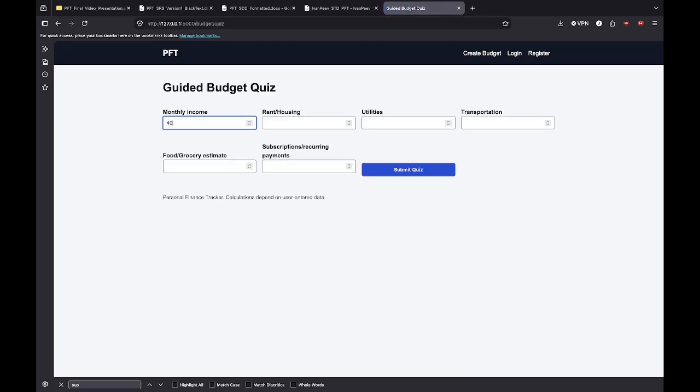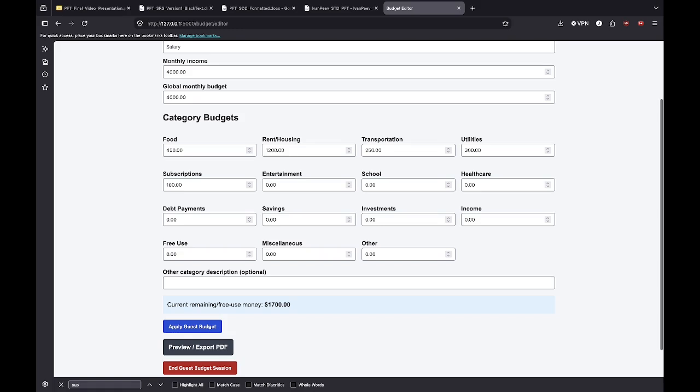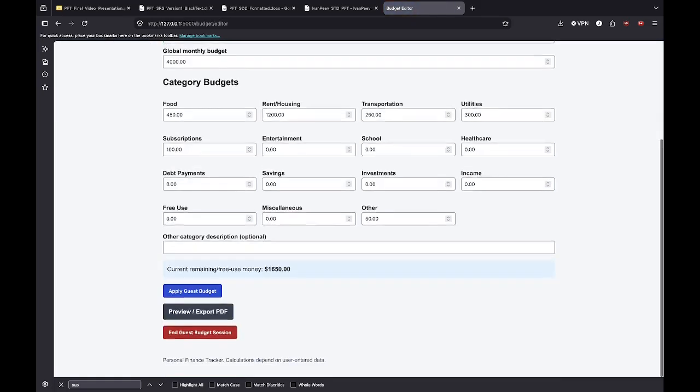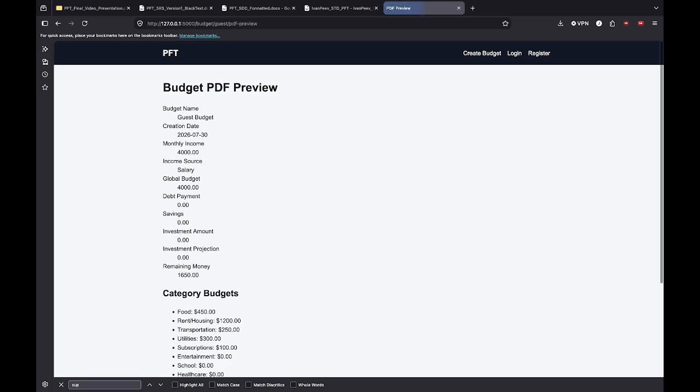to fill out. So 4,000 default income, 1,200, 300, 250, 450, 100. We complete this: monthly income 4,000, global budget 4,000, all these categories, and we're left with $1,700 of free use money. This free use money is our budget minus the individual categories. If, let's say, we add 50 to the other category, we can see it goes down to 1,650 here. We can apply this guest budget, and we can preview it as a PDF,